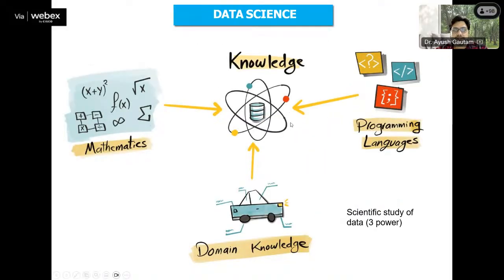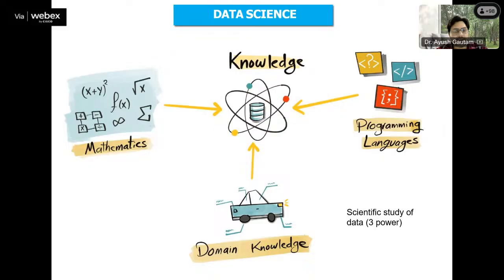Now comes data science. Data science is not computer science engineering specific, and all of you are quite well versed in data science, so I will not spend much time on it. But what is data science basically? Data science means using some programming languages, then the domain knowledge. Data science is an application area. One has to have the domain knowledge. If you have knowledge of mechanical engineering, then you can apply data science in mechanical engineering. If I have knowledge of aeronautics, or maybe the tourism industry, then I can apply data science in the tourism industry, right?